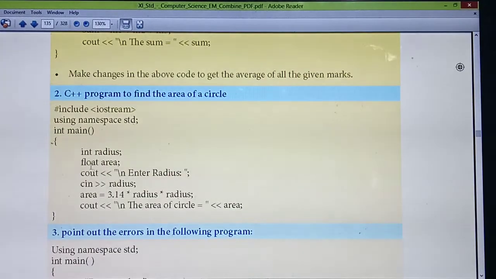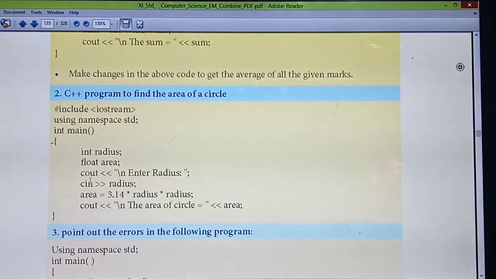Why are you giving the data type as float for area? So listen, the area formula is pi r square, 3.14 into, for example, you are entering the radius 5. 3.14 into 5 into 5. So you will get the answer in point. So only you are mentioning the data type as float. If you mention the data type as int, you will get an error. Why? Because the point number is there, but you are mentioning int, so you will get an error. Understand why you are mentioning float?